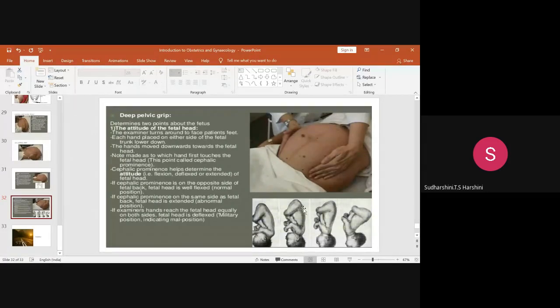Okay. So in a normal cephalic presentation, now consider, you compare this picture and this picture. So you're starting to palpate from the fundus lower down. The first prominence that you feel here will be the occiput, and on that side, the first prominence that you feel will be the sinciput. Sinciput is the forehead. So normally in a well-flexed fetus, the occiput will be at a lower level than the sinciput. It means the attitude is well flexed. The fetal head is well flexed. Understood?